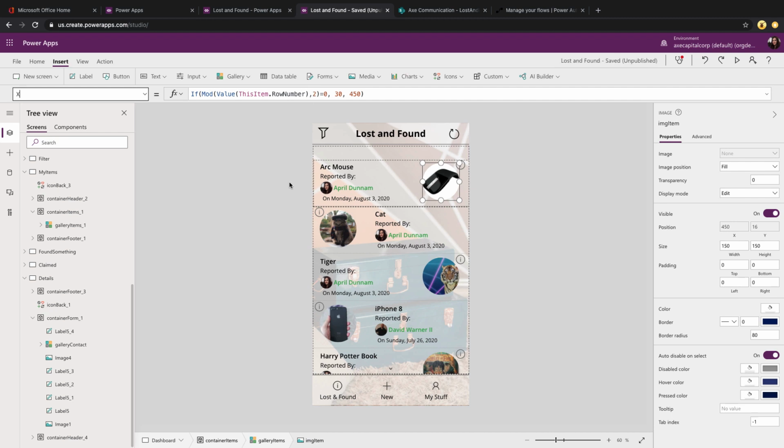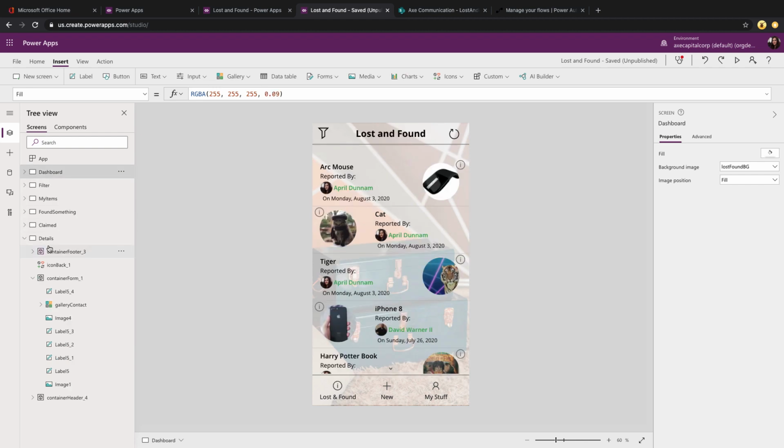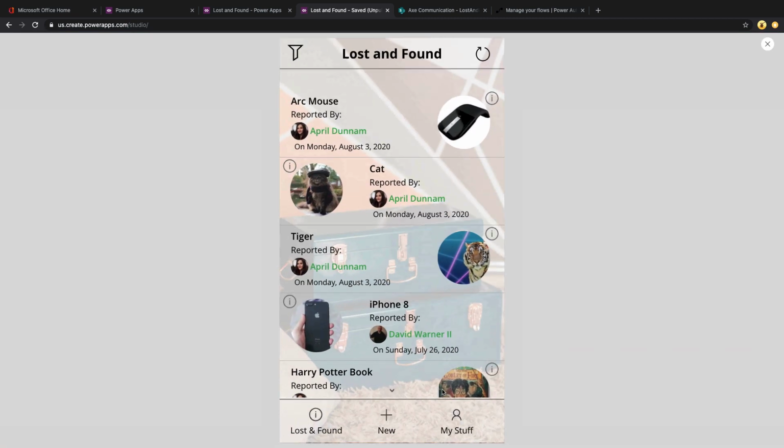Now obviously, since we're having to use a local collection, you'll need to be mindful of delegation in this case. So since we're using SharePoint, if we get over that 2,000 records in the list, this approach wouldn't be the best to get that staggered effect. But I don't anticipate this lost and found to ever have that many items at one time, so this approach isn't bad. The other thing going on in the background of this is when we go through the process of